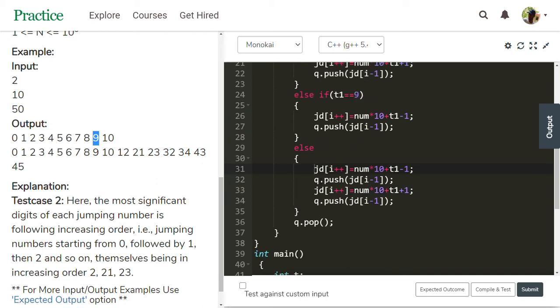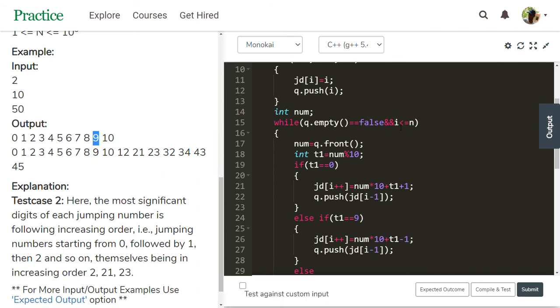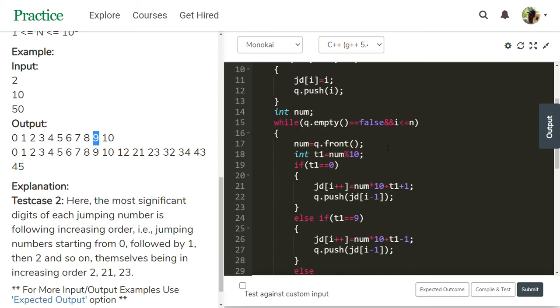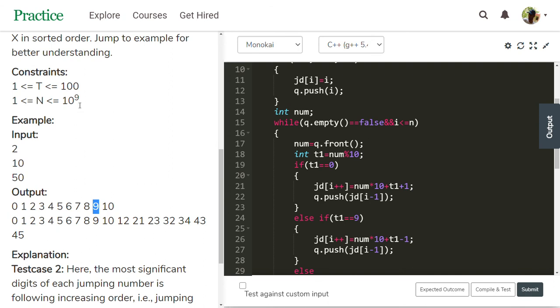In every other case, just this block executes. It goes up to the i value less than or equal to n, which means 3500 jumping numbers we will get, that may go up to 10 power 9.